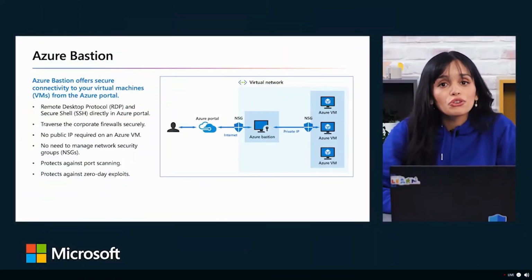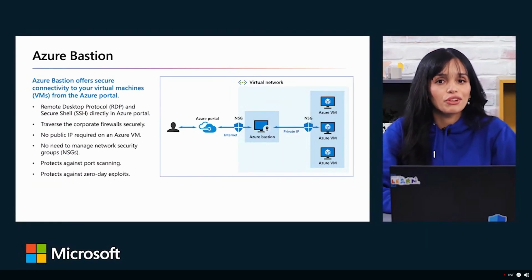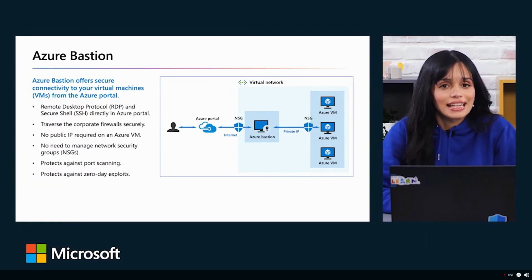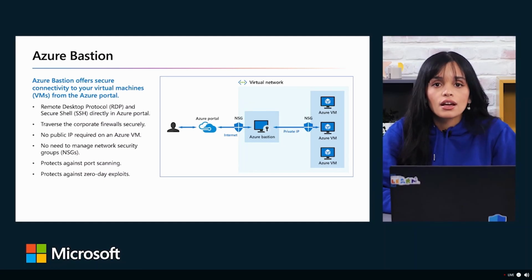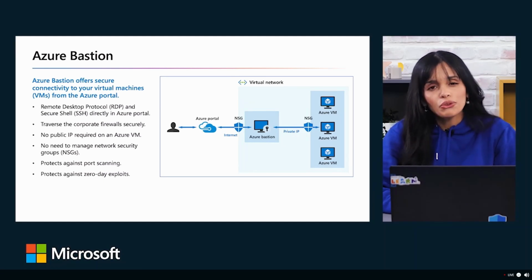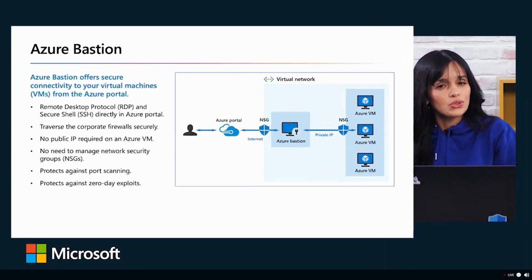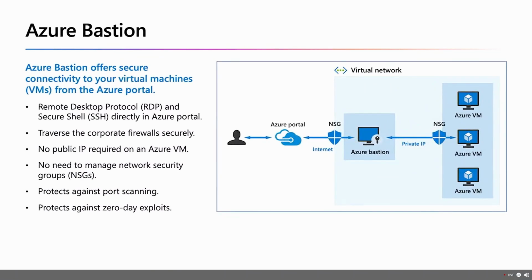Now that you have got your firewalls and network security group in place, and that you feel pretty good about your defense against external threats to your VMs, you maybe want to access the VM to do some tasks. If you are thinking of using a remote desktop protocol and SSH ports, you have just exposed yourself to different kinds of attack. Azure Bastion is a service you deploy that lets you connect to a virtual machine using your